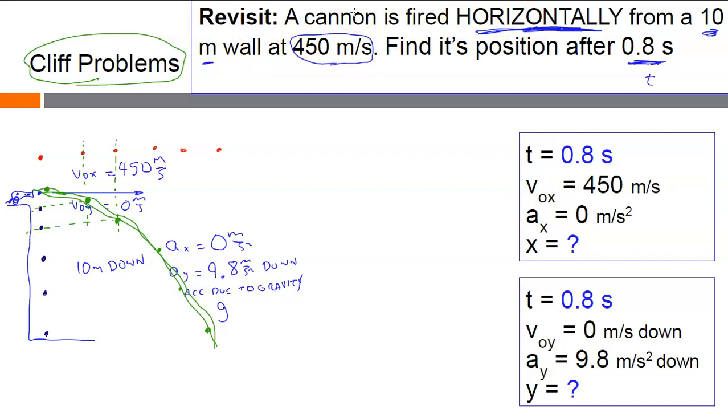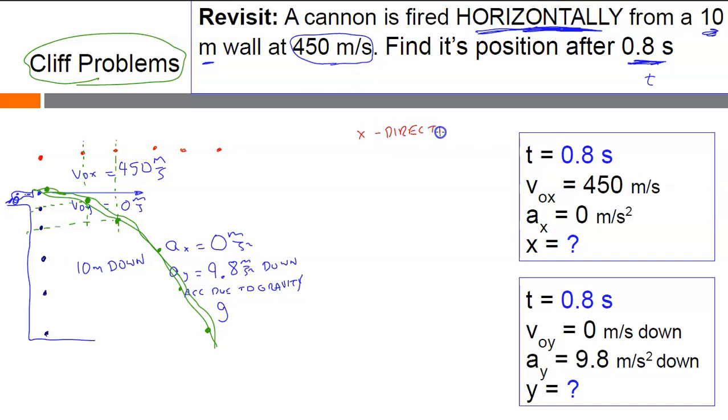But generally, a rock is thrown off of a cliff, a car drives off a cliff, a cannon is shot off of a cliff, a wall, off of a hotel balcony, off of a hot air balloon, a wheel falls off an airplane. All of those collectively can be called cliff problems. And we want to do some kinematics with them. It's the same old kinematics that we've always done. The only trick is that we need to do it twice. Once in the x direction,